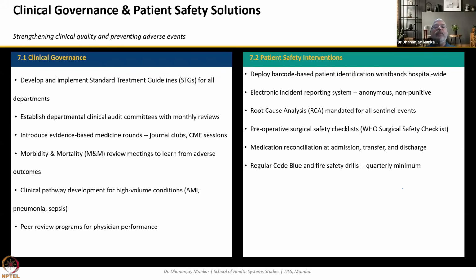Patient safety interventions, which is one way this hospital has done it, is deploying barcode-based patient identification. The hospital needs to adopt an electronic incident reporting system because it's not a one-day task. And what the RCA has recommended is more towards improving the operative challenges, especially the surgical safety checklist, which is not just the WHO one, but even so you may find a recommendation of having a surgical safety checklist is something the hospital needs, and the hospital gets a major reason to give you evidence-based care.